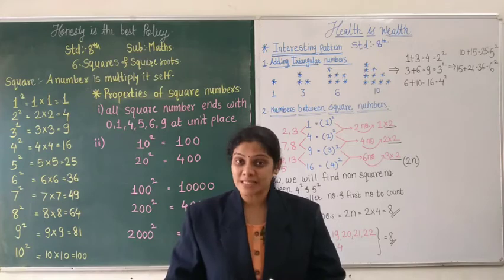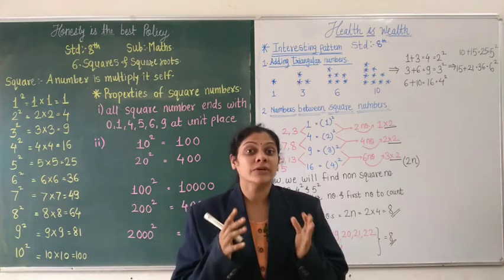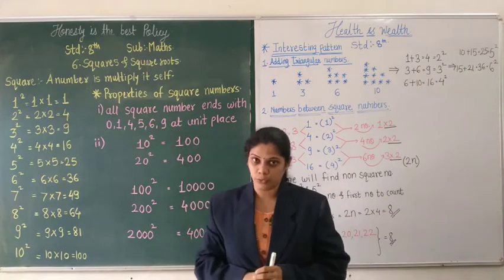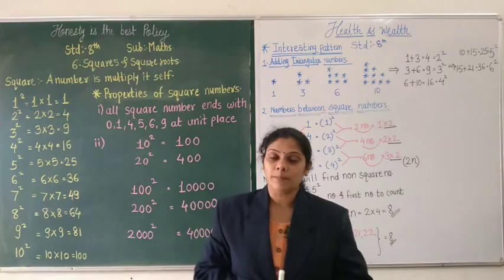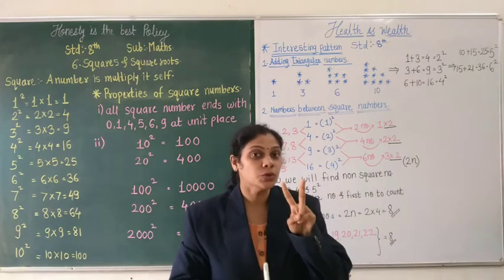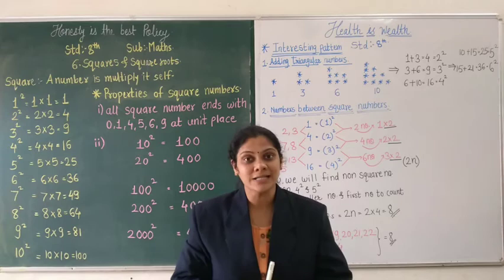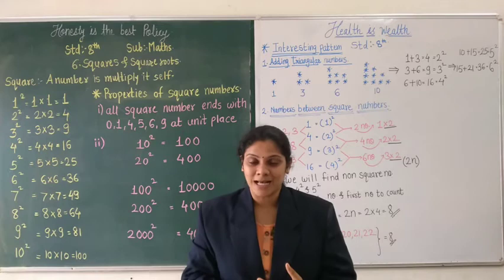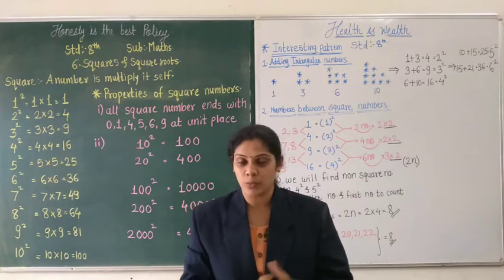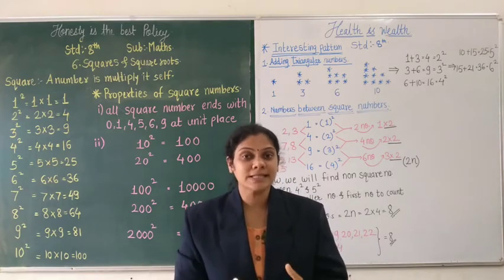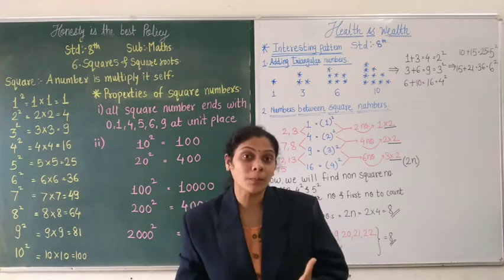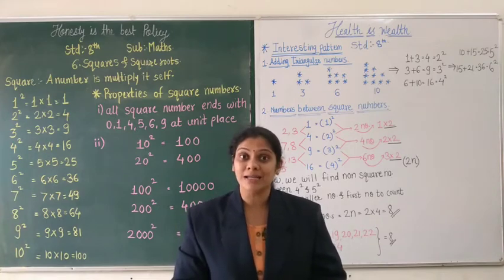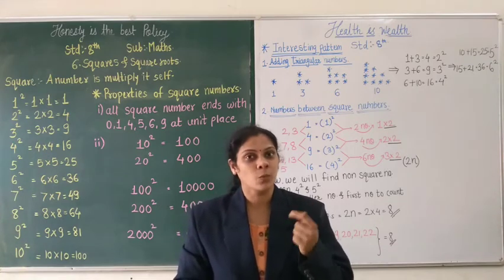Now, without wasting our time, we will start to study our 6th topic of mathematics, that is squares and square roots. In this topic, we are going to study two new concepts, that is square and square root. For the BDS exams and Olympiad exams, you have already studied square and square root. But in this session, we are going to study some new properties related to square and square roots and some new ideas on how we can find square and square roots within 1 minute.